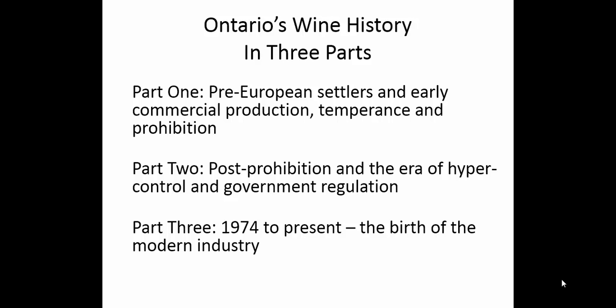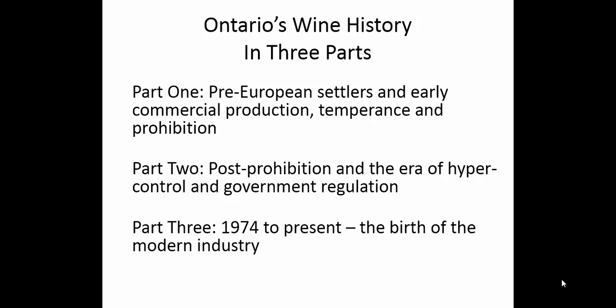In this session, we're going to discuss the history of Ontario wines, the first of three parts. When we look at Ontario's wine history, as mentioned, we can break it into three parts. The first part includes the pre-European settlers, the early days of commercial production, the growing mood of temperance, and ultimately